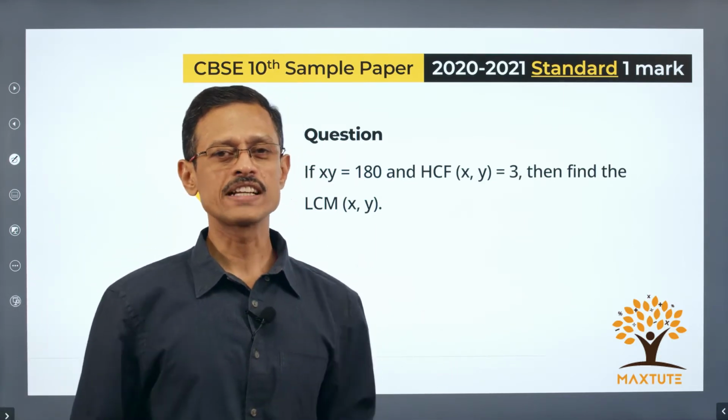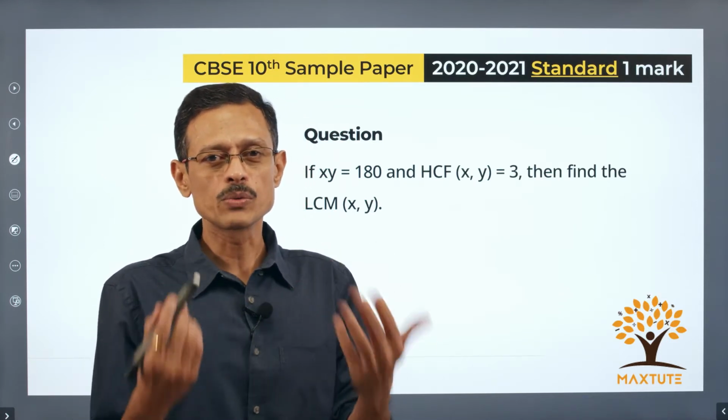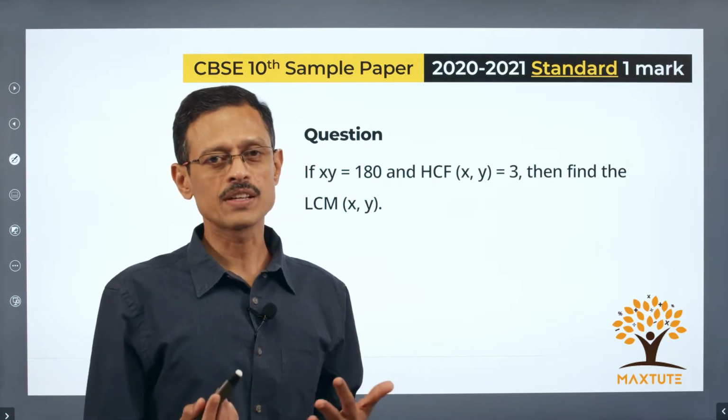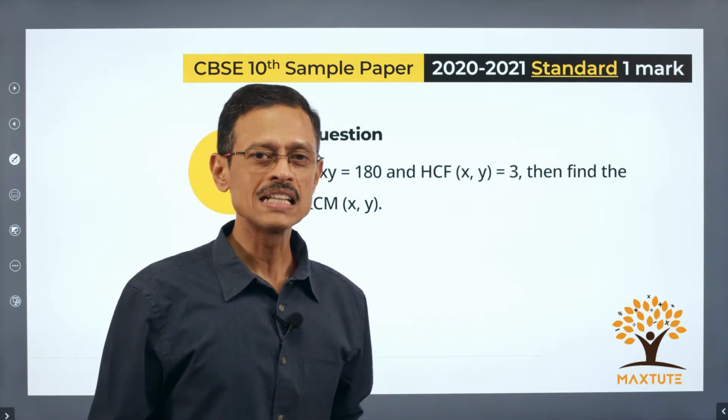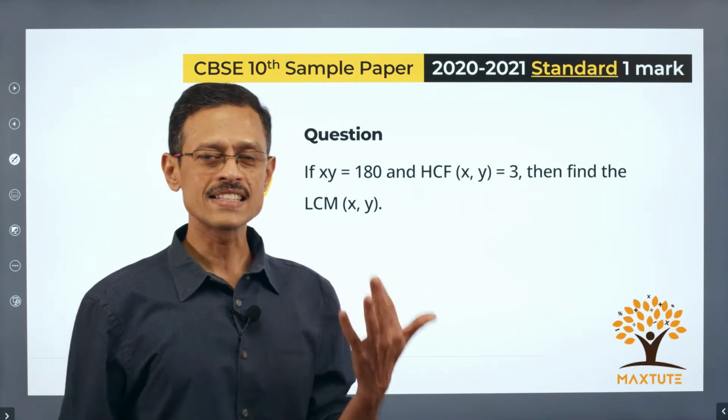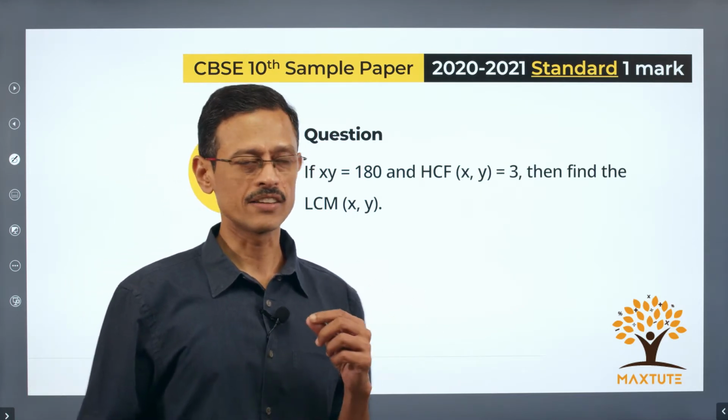All 5 questions were straightforward, easy questions, things that you would see as the first few questions in the solved examples of the respective chapters from which they appeared. Start with the first question. This question is from the chapter Real Numbers, concept tested: LCM, HCF and properties of LCM and HCF.